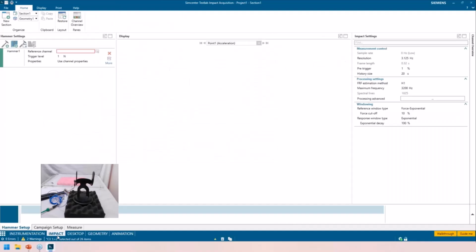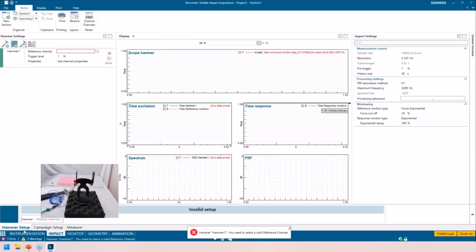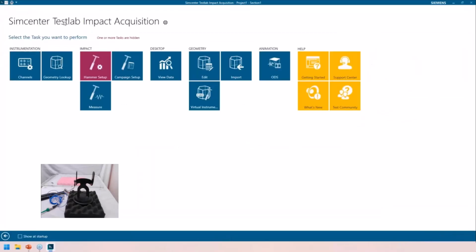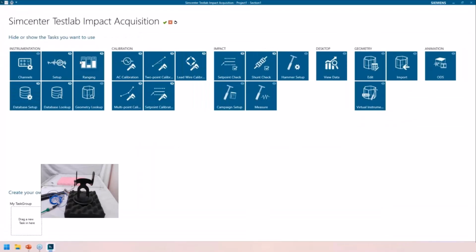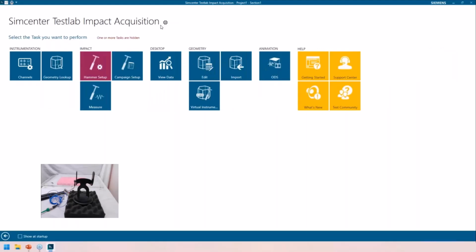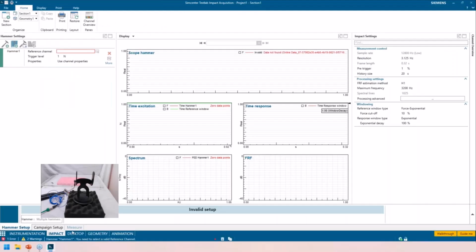Once I'm done, I can go to impact. And another pro tip, you might see these are a little more cleaned up. I don't use some of the other tabs up here. If you're new to Neo, there's a quick way you can do that. This is not unique to impact testing, but if you're using Neo for the first time, we have these tasks and you can actually come in and hide tasks. Before in Test Lab Classic, they were workbooks and you could go into the workbook and hide them. But here's the way that you can hide them here. So I've got all of mine hidden. I just don't want to confuse anybody. If they open it and they see they have like 30 more tabs, I don't use a lot of them, so I have them turned off.